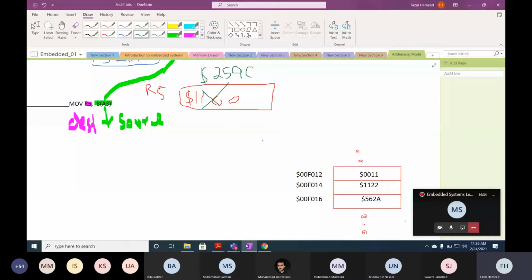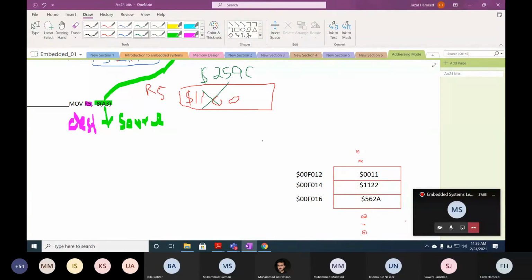I have a question. I will correlate this example with your C. If you remember, in the previous class I asked when immediate addressing will be used. Initializing constants. Very good. So if you want to initialize a constant, you will use immediate addressing mode. Okay, so we all agreed on this.